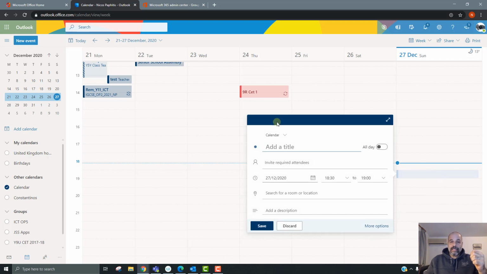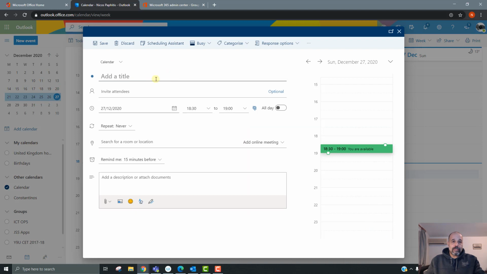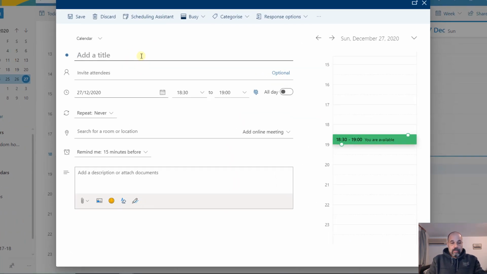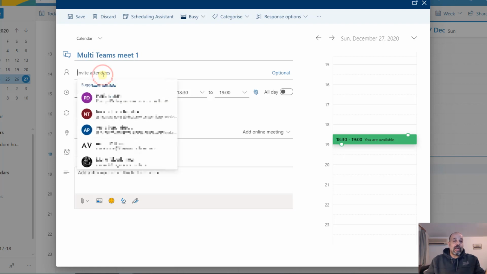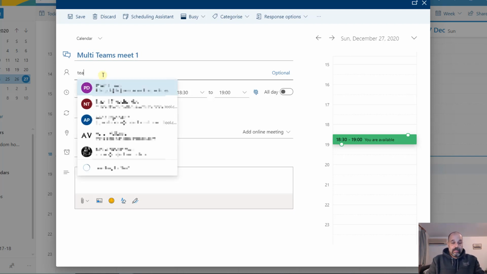So when I click on this, I get the small dialog box, so I can schedule an appointment, essentially a calendar entry. I'm going to click on more options, and here I'm going to add a title, multi teams meet 1. Okay, and here where it's got invite attendees, I'm able from the online version to start typing my team name,